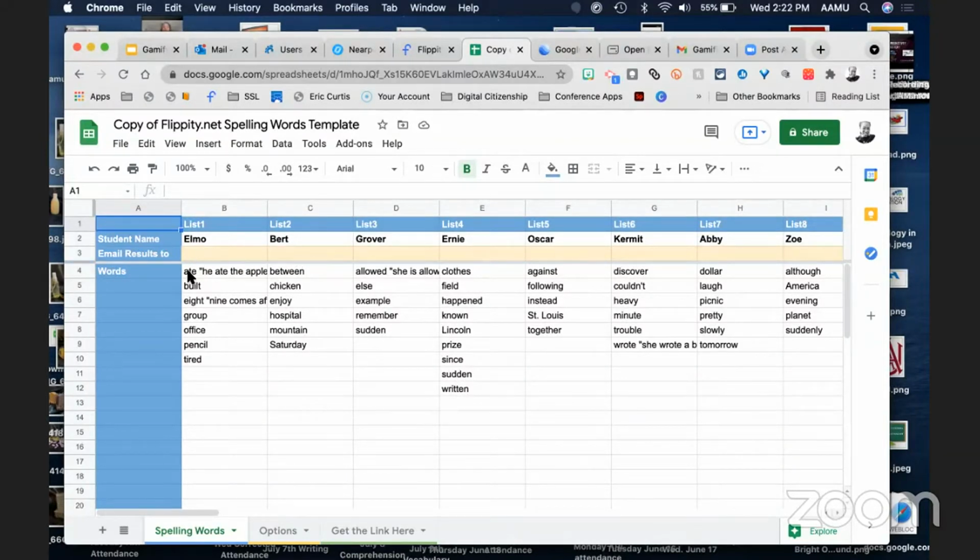Now, what you will notice right here, when you see a word and then you see a sentence in quotations, when I click on that word, it also has a sentence that it's going to read with it. So you can make this any way you want. If you want the word to be read aloud, and then read a sentence, all you have to do is write the word here, and then put your sentence in quotations. So like I said, I'm not going to edit this. You go here to the spelling words, edit this, add your students' names, and make it your own.